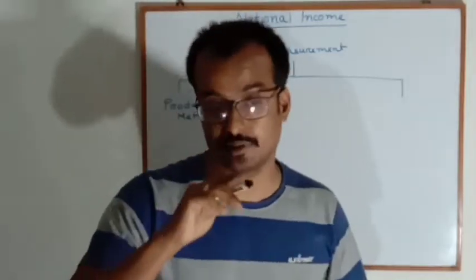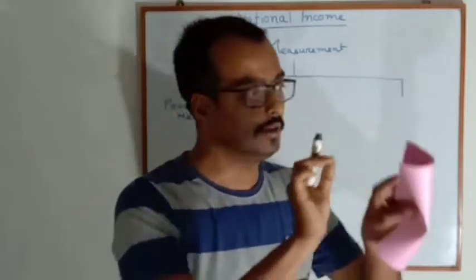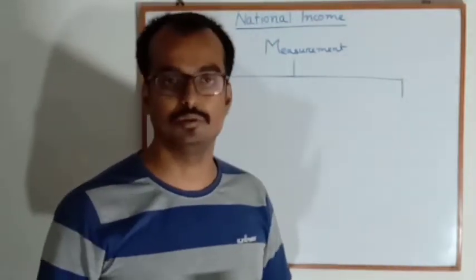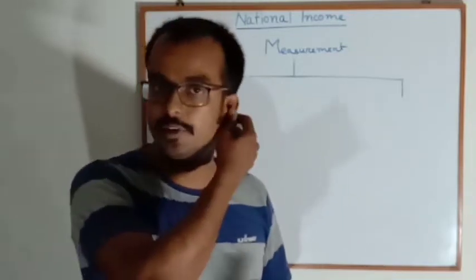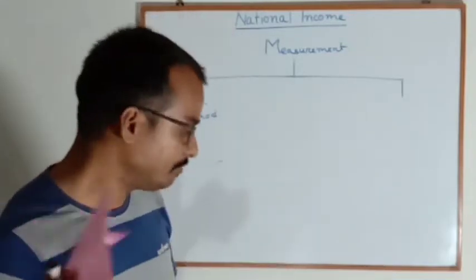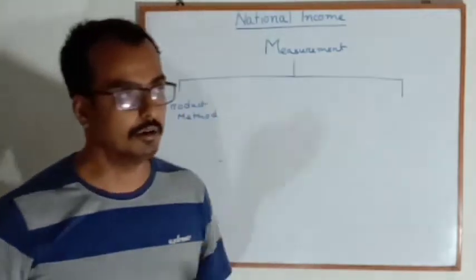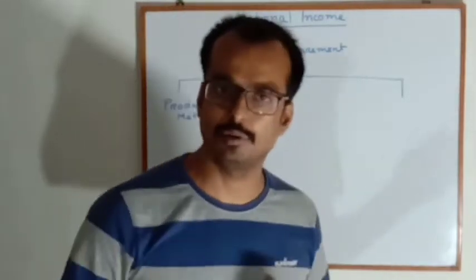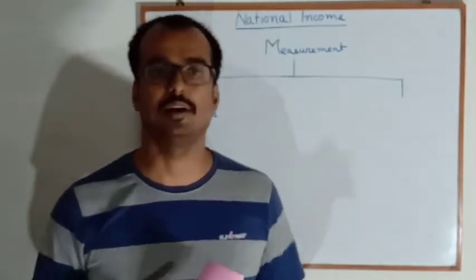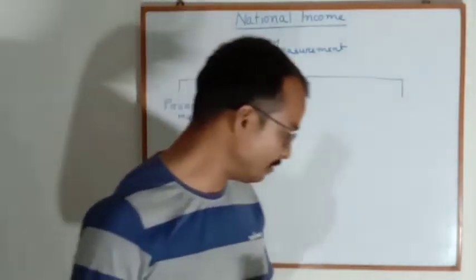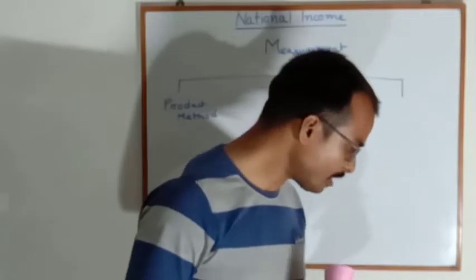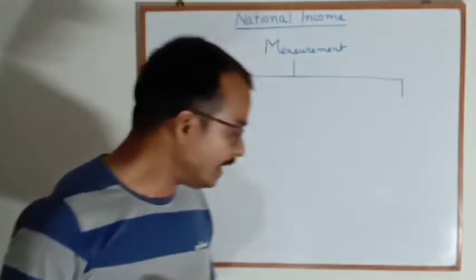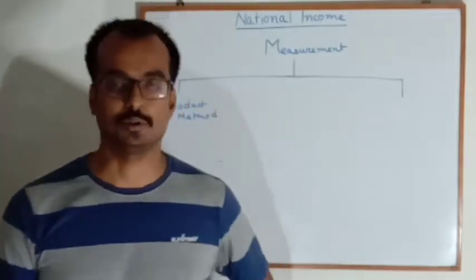A 1 mark question comes. This activity will be given: is it national income or not? If you don't have the concept, then you will make some mistake here. So go through these things. These are available in every book. Go through any macroeconomic book, whether it's R.R. Paul or any other. Then interest on national debt and all these things. Then comes the expenditure method.